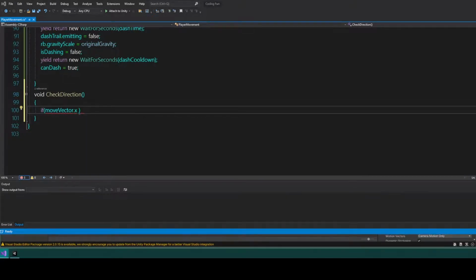All right, is that how I do it? Let me see what I've done here. I think that's what I did. Yeah. All right, cool. If our move vector dot x is greater than 0 and we are not facing right,